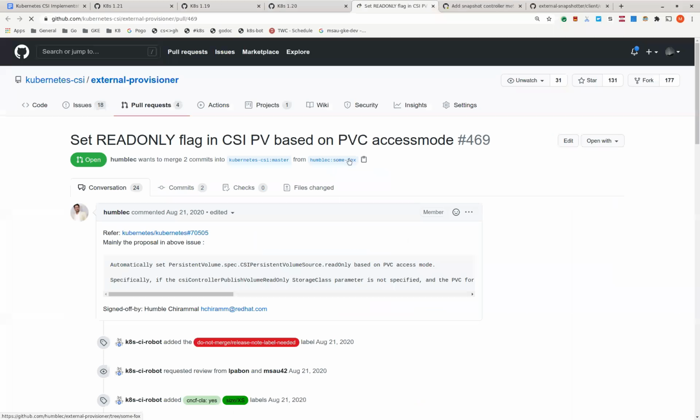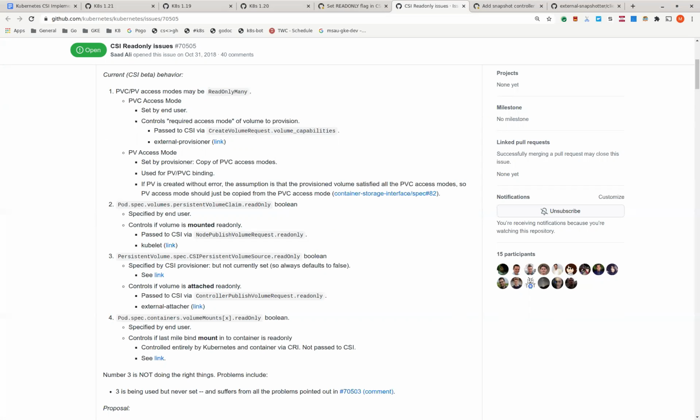Basically, they expect that if you specify something when you created it, then that should go all the way. When you mount it, it should still be the same, but it's actually not the case, right? Access mode today does not do anything with the read-only settings. The access mode today is really just a string to describe something.